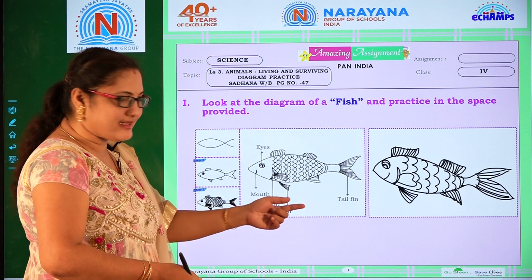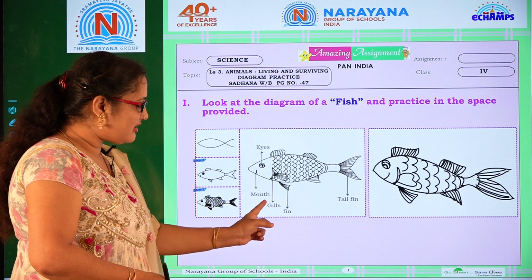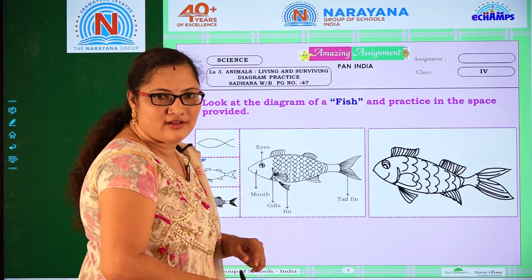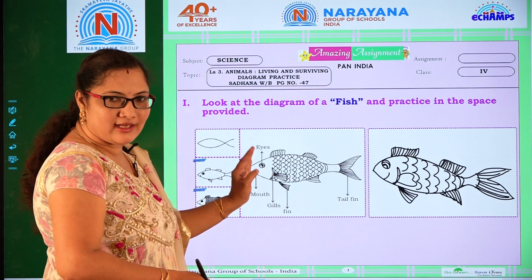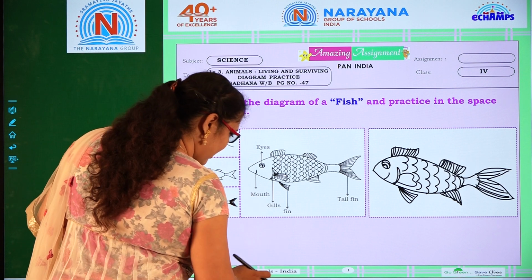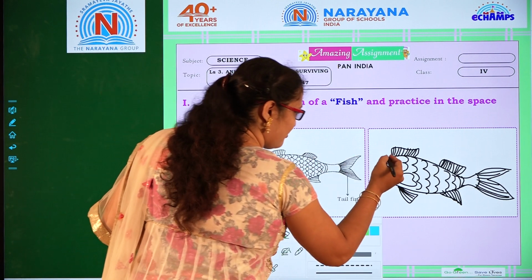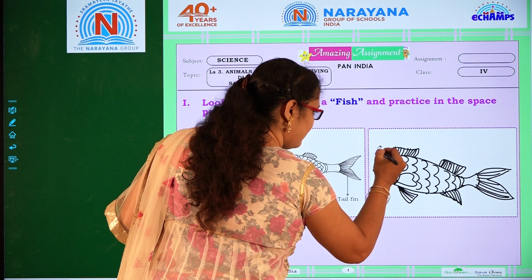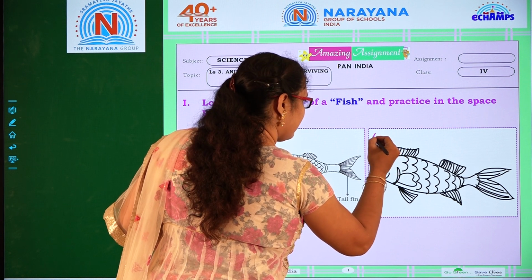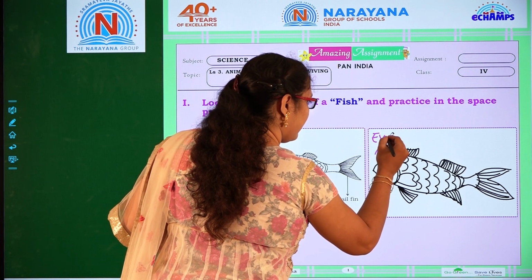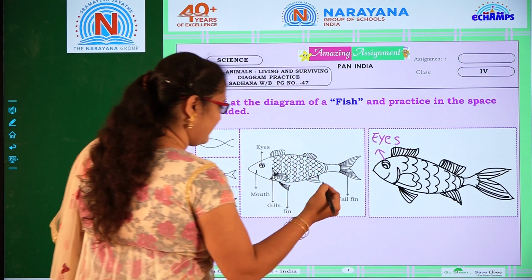We have 5 parts here: eye, mouth, gills, fin, tail fin. So what are the parts which are labeled here? We have eyes. I just want to take one more color to mark this. These are the eyes of a fish. Okay.